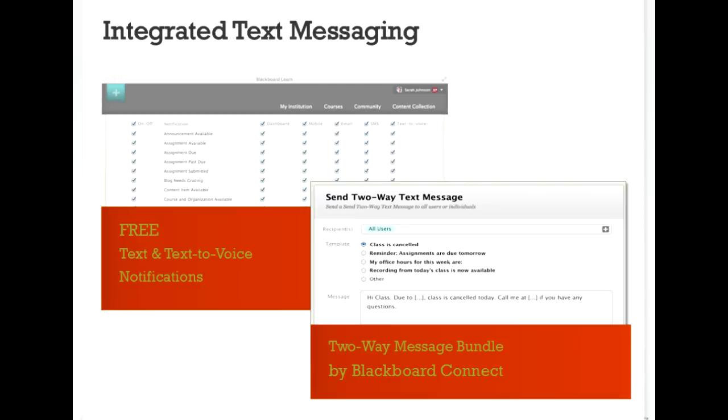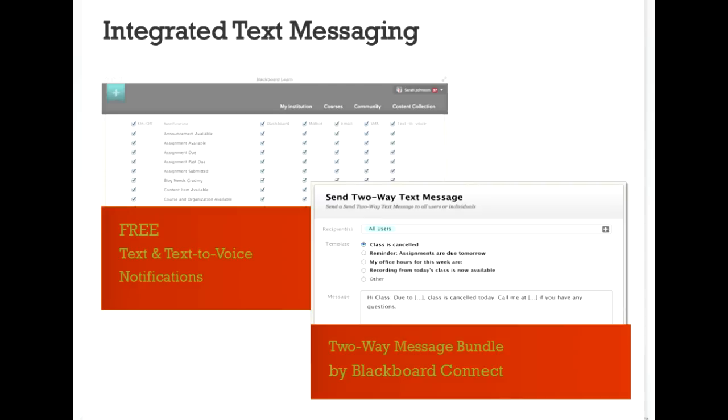Two-way messaging is an option. This is only one way to push out, but if you want the ability for people then to reply back, either through the phone or through instant messaging, there is the ability to buy bundles of messages, and so you can just buy a bundle of 1,000 or 10,000 messages that if you really needed it, people then could reply back. So if you have the full-blown Blackboard Connect interface, you get everything, but this brings some of that features